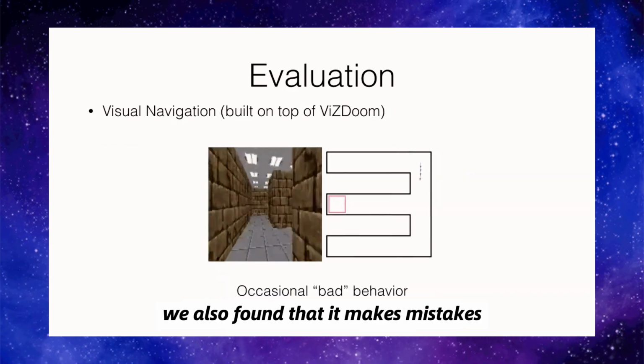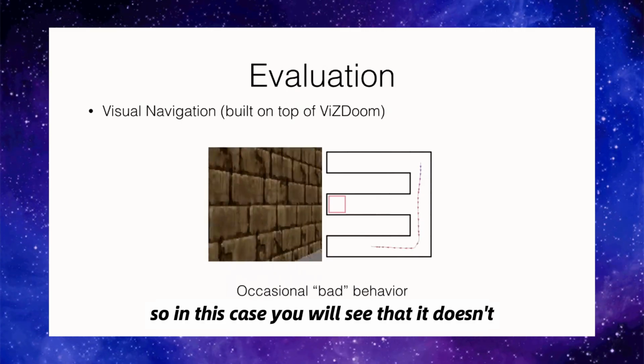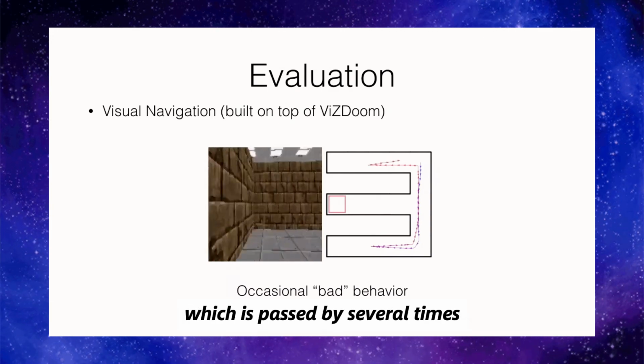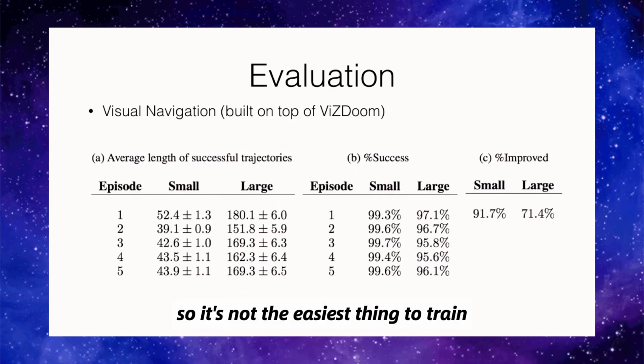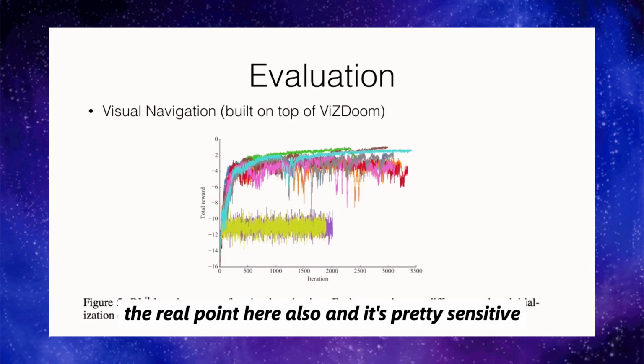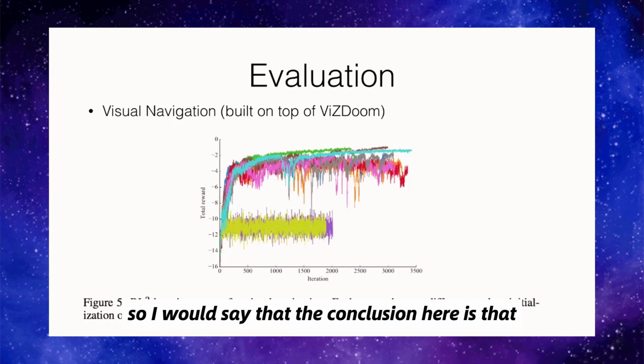We also found that it makes mistakes. So in this case, you will see that it doesn't realize that it hasn't turned into a specific corridor, which is passed by several times. So it's not the easiest thing to train, and it's pretty sensitive. So I would say that the conclusion here is that